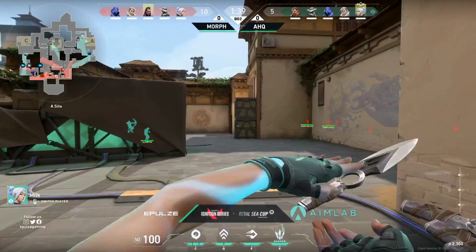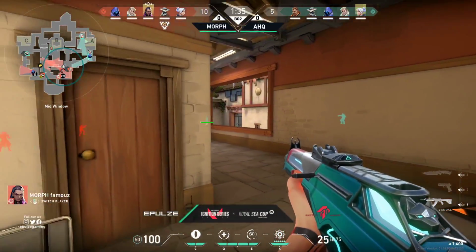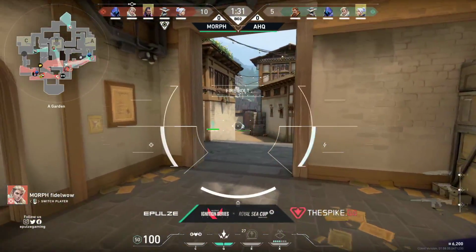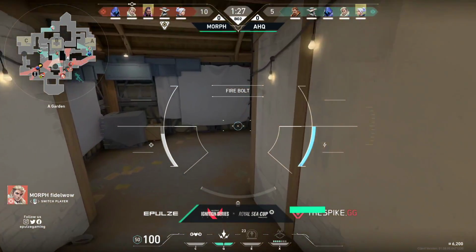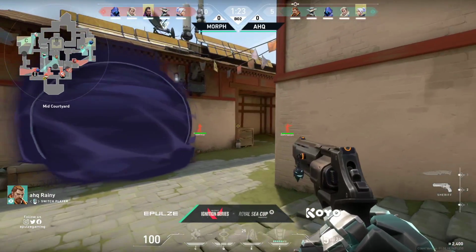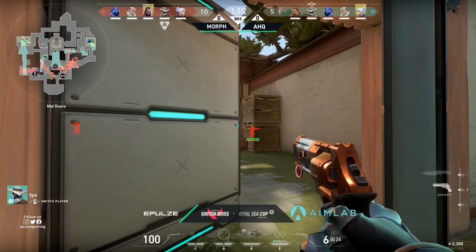They already have this 5-point lead, and we're running out of rounds for AHQ to turn this into something positive, as they're going to have to be on the eco side of things now. If they lose this round, they are only going to have 2 rounds to try and make do with this, and that's not a lot of buffer to work with. Definitely not a lot of buffer or even rounds to work for on the side here of AHQ,